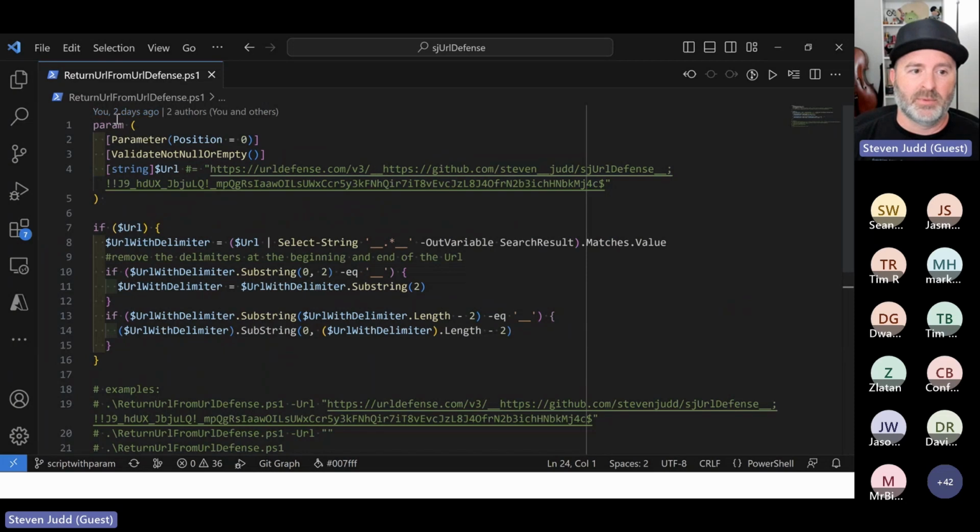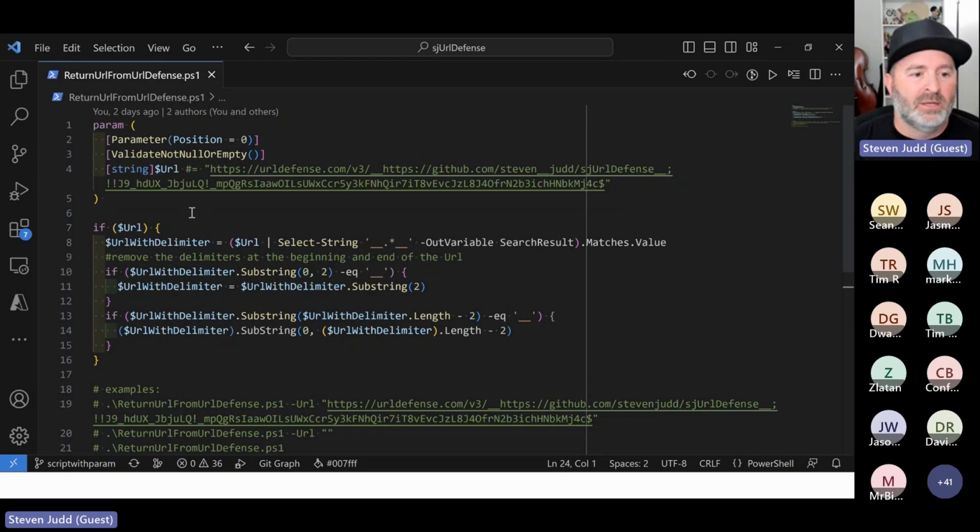And the code now has a parameter block. And the first parameter is the URL. Let's see. Yeah, okay, you can see my mouse moving here. So you got the URL. I was silly and I put this as a comment underneath so I'd have a default value for it. Because when you're testing, it's just easier to do this, and then I commented out. So ignore all that green text. It's supposed to be not null or empty, and it's in position 0. That's a little redundant because it's the first one and it's the only one, but I put it in the code anyway.